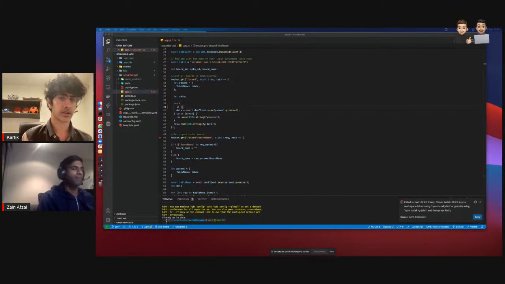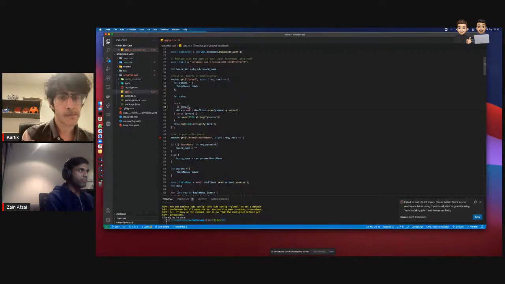So we are just starting on the get function for the board, and that's the first if statement we have written. So I'll do response, and then I need to get the status. If status equals 200.